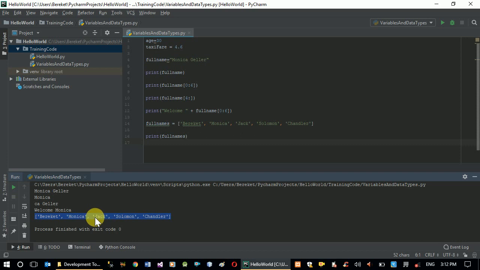Now, what if I want to print only Jack? This is where the trick comes. It's treated like a list, so I can tell this is your starting point and this is your ending point. So show me everything in the middle. But rather, I can also say,